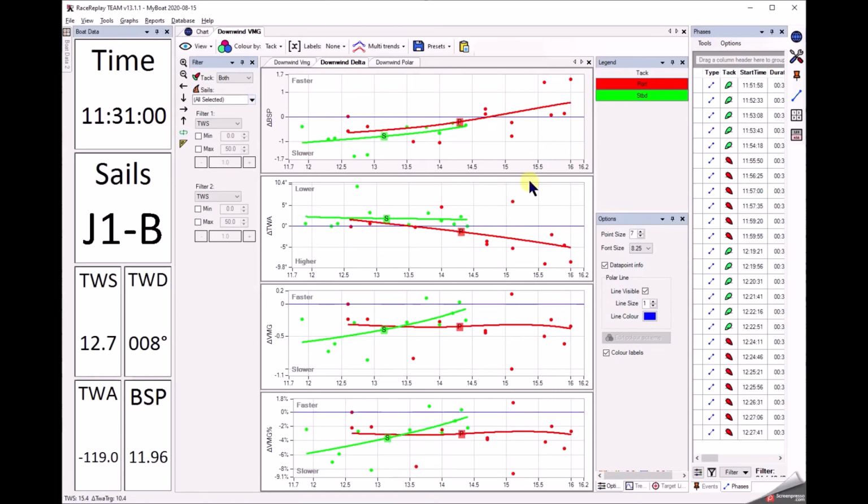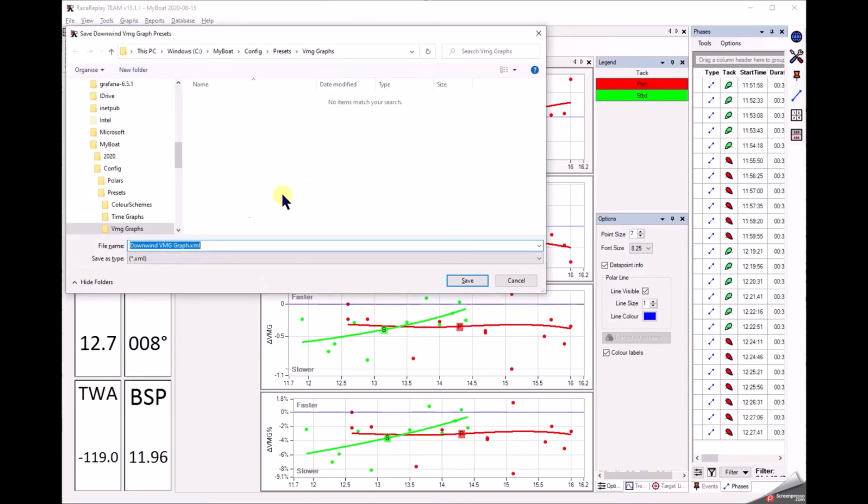Right, I've now configured this graph the way I like it, and I want to make sure I can save it for my next session where I will do the exact same study. So I click on presets, save this, and it took me to my boat config presets VMG graphs, and I'll call it downwind VMG graph by default. So this little XML file contains all the description of all the configuration I just did, which was changing the polar line color and size and adding those trend lines. So if I save this,